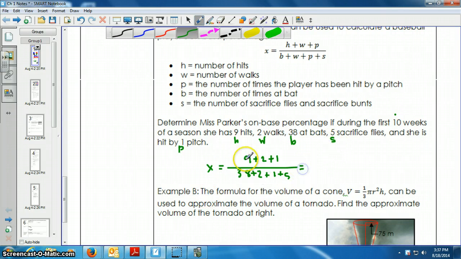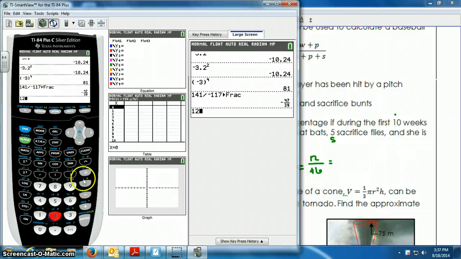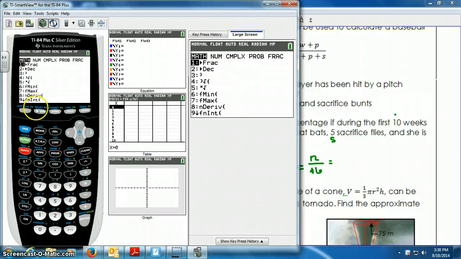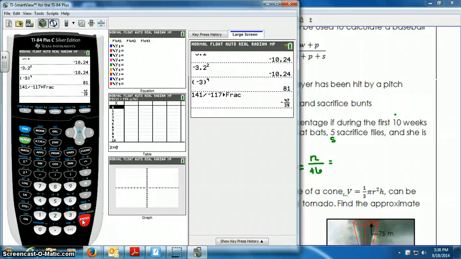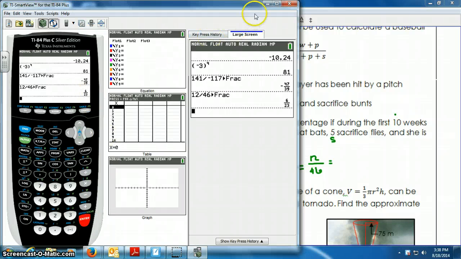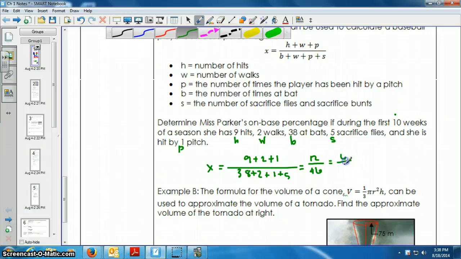So now we just simplify going left to right, addition, add all those up, 12 over 46. And again, on your calculator, if you're not sure how to reduce, the quick way, 12 divided by 46. Then go to the math button and then enter, because it's already on fraction, and then enter again, and it's 6 over 23. And yep, they just cut that in half. Cut the top in half, cut the bottom in half. You could also turn that into a percent or decimal by just dividing 6 divided by 23, which is .26, and moving that decimal 2 places to the right to get 26%